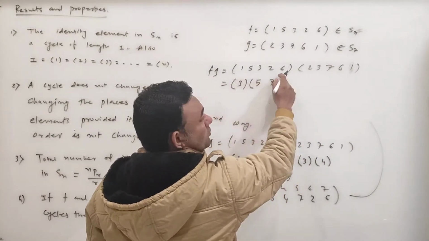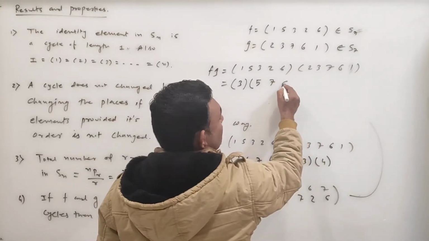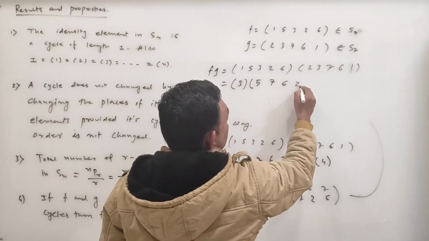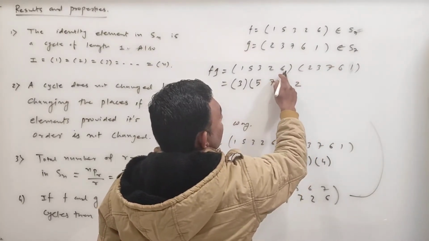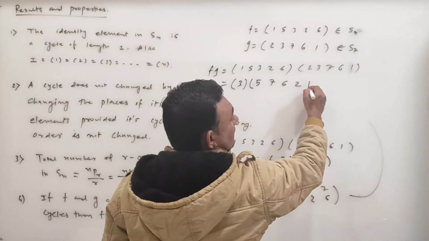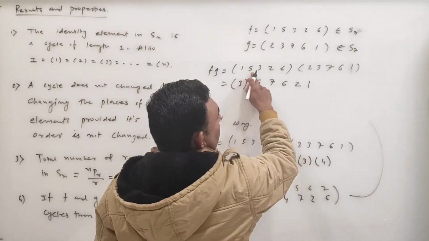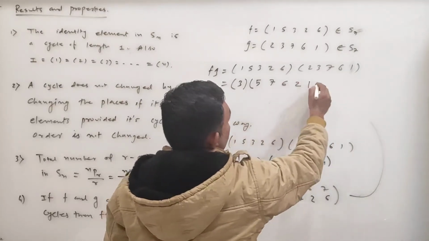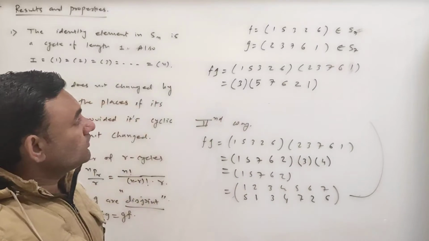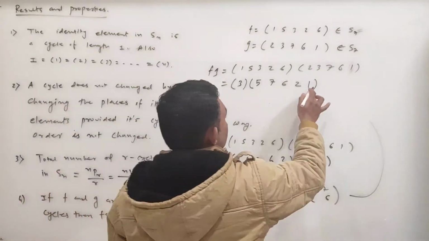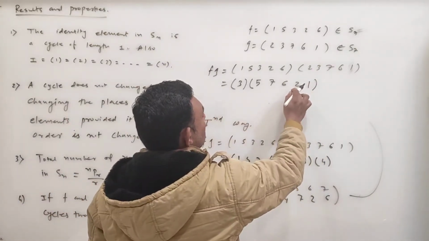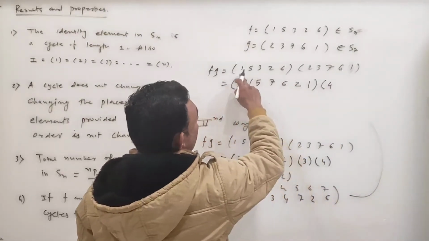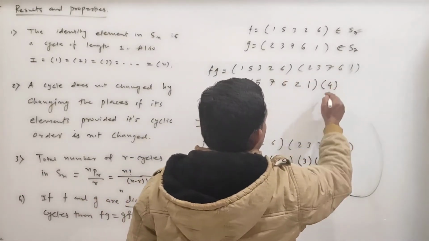Here 7 goes to 7. Here 7 goes to 6. 6 goes to 1, and here 1 goes to 2. 2 goes to 6, and here 6 goes to 1. Now 1 goes to 5, and here 5 goes to 5. So 5. So we had started with 5. So you stop. Now you can start with any object which is missing here. So 1 2 3 4 is missing. So 4 goes to 4. 4 goes to 4. So stop.